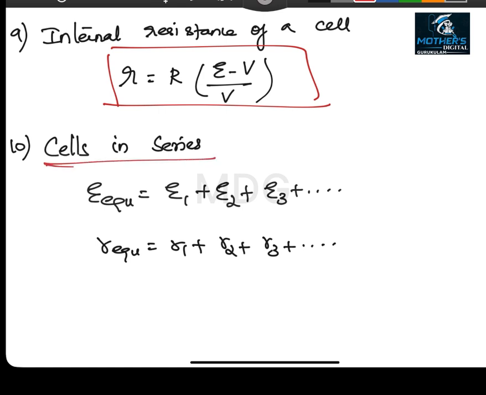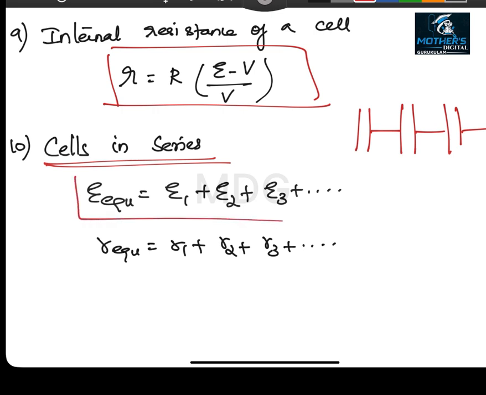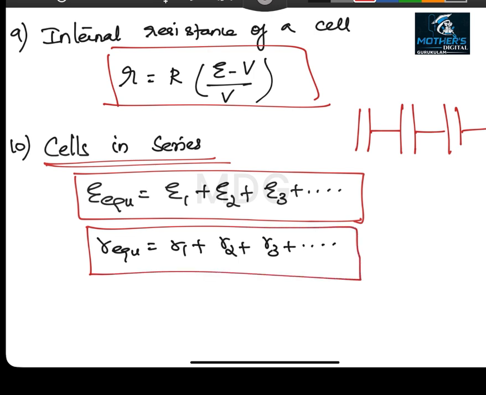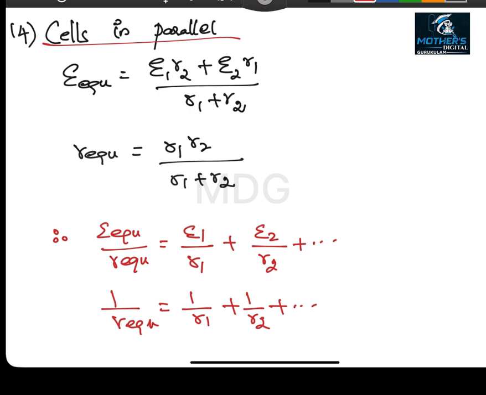Now we'll come back to the cells in series. When the cells are connected in series, the net equivalent EMF is given as the summation of individual EMFs and the net internal resistance is the summation of individual internal resistances. Similarly, I can go for cells in parallel. When you are connecting cells in parallel, we'll be getting the answer as